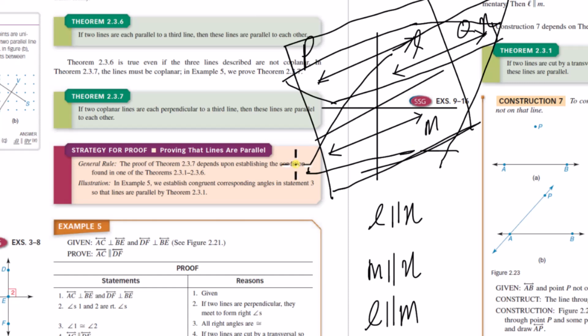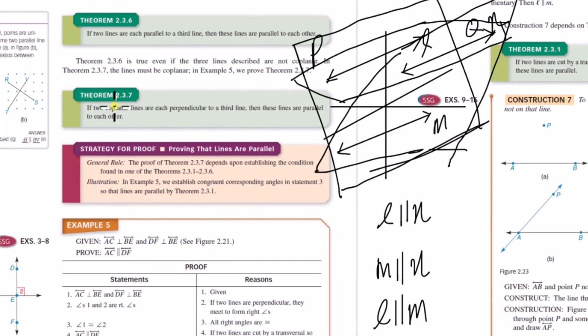Now, just note, though, that we're not saying that they're all parallel at the same time, in the way that if you drew a line in plane P, then they're all parallel as a unit, which we haven't really talked about as an official idea yet. You couldn't say that as a group, L, M, and N are parallel as one group because it's not one unique plane. But if you drew a line in plane P, then you could kind of say that, but we haven't officially talked about anything like that yet. Okay, now,